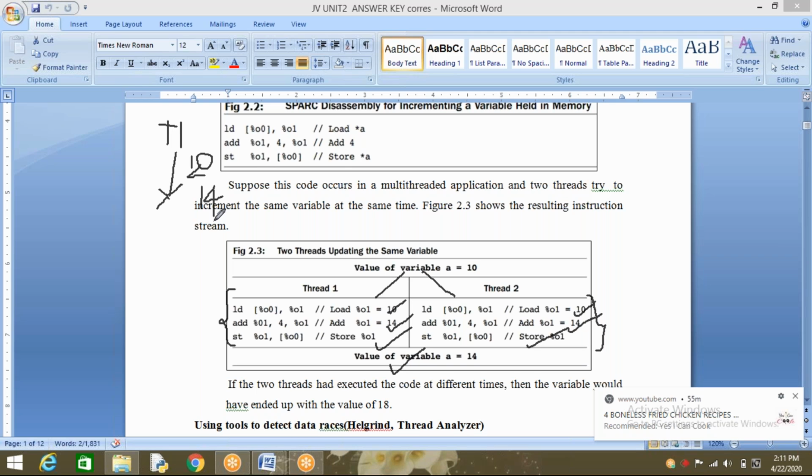So now you are going to execute t2, that is thread 2. It is going to access the value of the variable a, which is 14. Now you are going to increment the value of the variable by 4. So you are going to get the value 18 at the end of the t2 transaction. So suppose